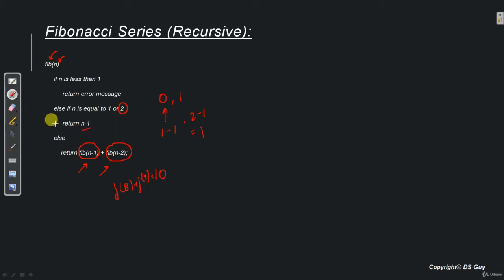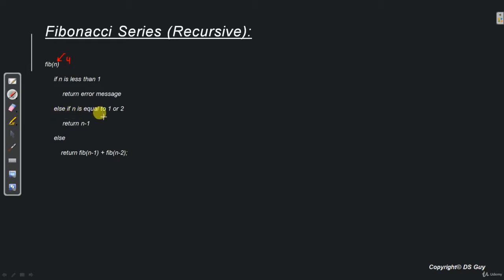Now let's do a dry run of this method. So let's say if we want to find out the fourth number of the Fibonacci series. So in that case n is equal to 4. So let's see how that works. First it checks if n is less than 1. No, it is not, it is 4. So it goes to the else if statement.